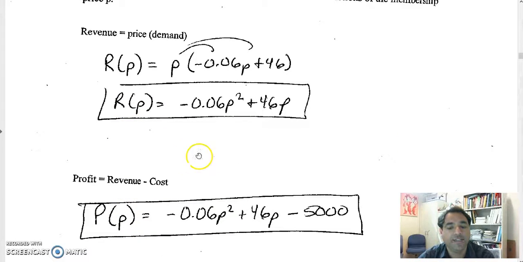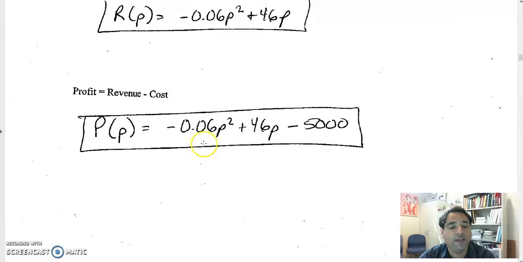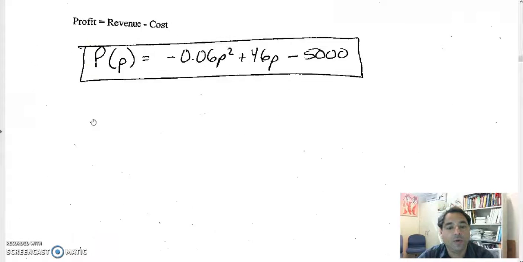Our cost is going to be a flat 5,000. So our cost equals 5,000. So our profit would be revenue minus our cost of 5,000. So again, input, price of an annual membership, output, profit. And now we want to